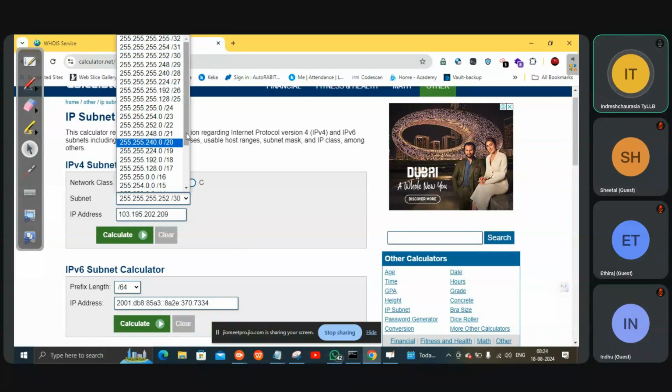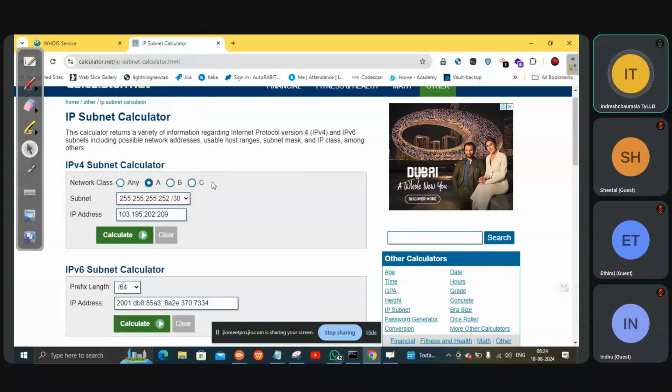So when you see slash, sorry, let's see this one. When you see slash 25, what does this exactly mean? Slash 25. Try, if it's right or wrong, we are here to give the wrong answer only, not an issue. If you don't know, just say no. Class C. Yeah, slash 25 is class C.